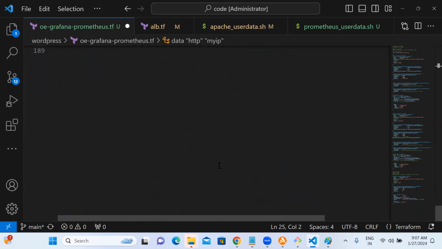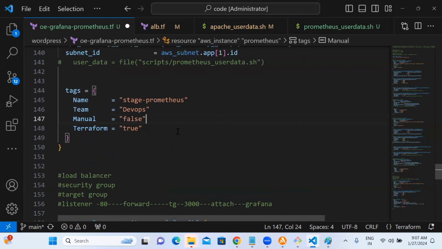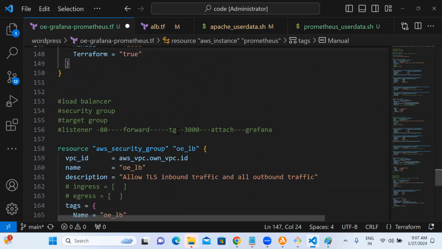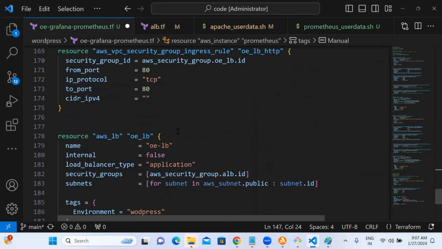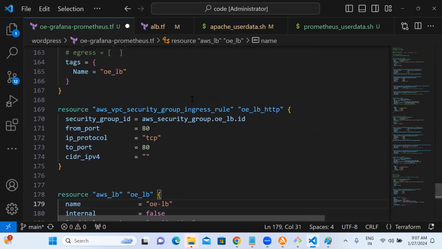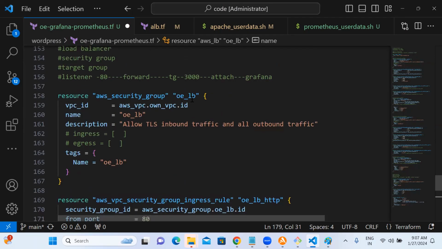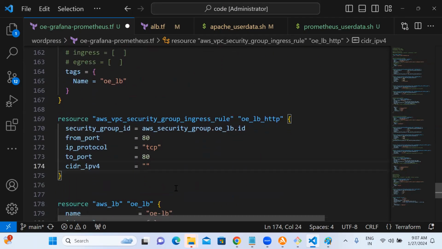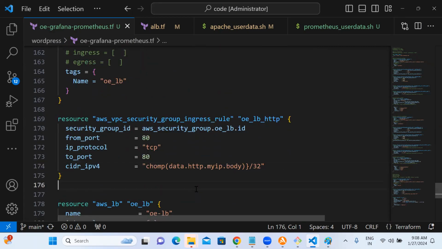Load balancer. Where was that load balancer? This is the second group. Not in this file, right? The one. Yeah, here.